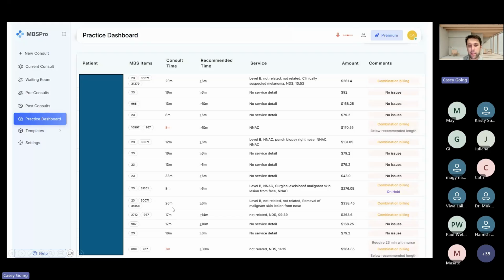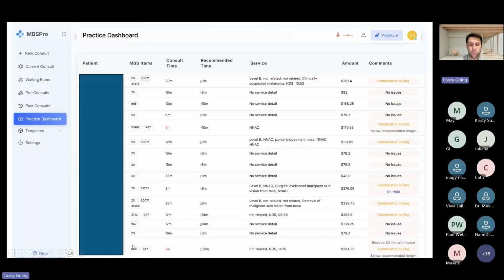So we flag that. Now, the other thing that we flag is time spent with, for example, a nurse. So this is a 699 and 967. That would be 20 minutes for the 699, inclusive of nurse time, plus your 967, which doesn't have a time requirement, but we've said 10 minutes. That can be different. I think you could do a care plan in under 10 minutes for a patient that you know very, very well. I think that's absolutely possible. Conversely, you might spend 20 or 30 minutes with a new patient. We've just put a number in just to give you an idea. It's by no means something that you should stick to. It's just something I've put in.